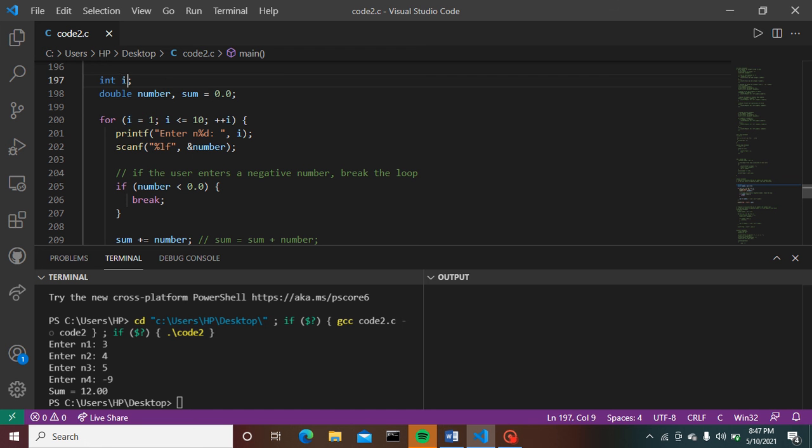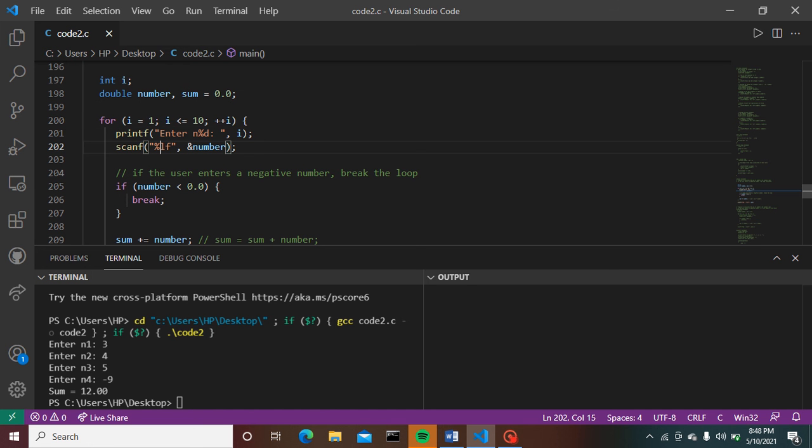We have declared variable i to be of integer type, number and sum to be of double type, where sum has an initial value of 0.0. Here I provided a for loop, where i equals 1, i is less than or equal to 10, plus plus i.